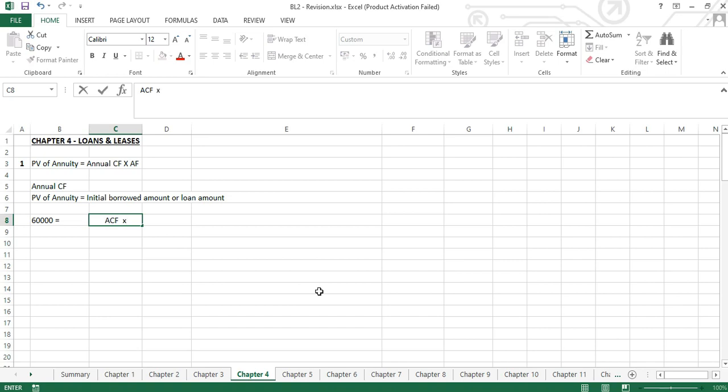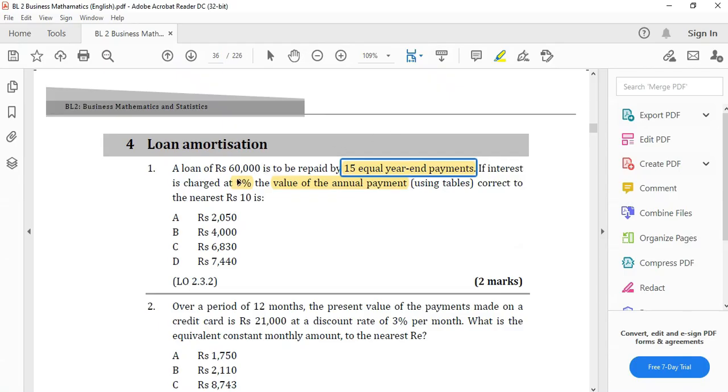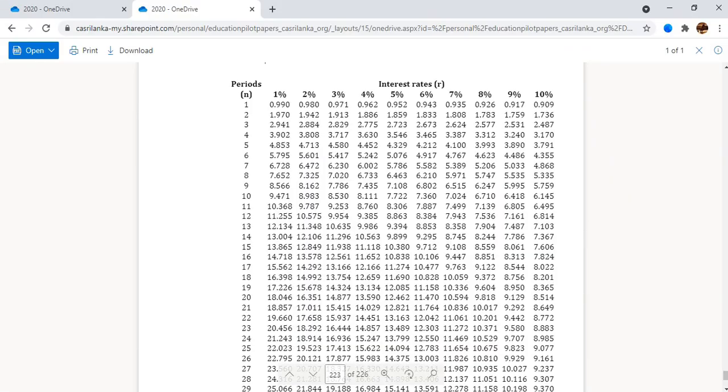But the annuity factor we know it is 9% for 15 years. Since they didn't give anything that starts with year 4 or year 3, we can assume it straight away starts from year 1 because they make year-end payments. And since they make year-end payments, we have no issue of whether it's paid in advance or in arrears because it is paid within the same year. So if you go to the annuity factor table